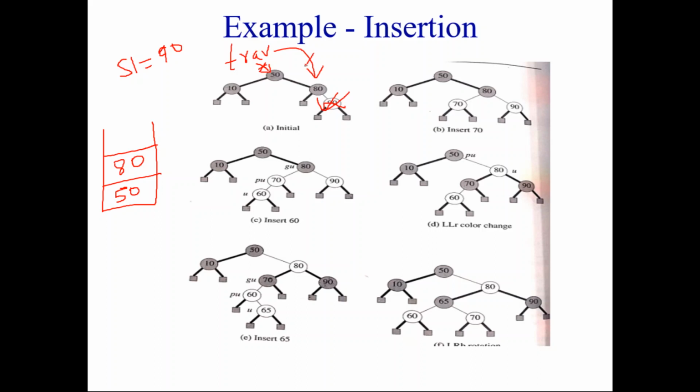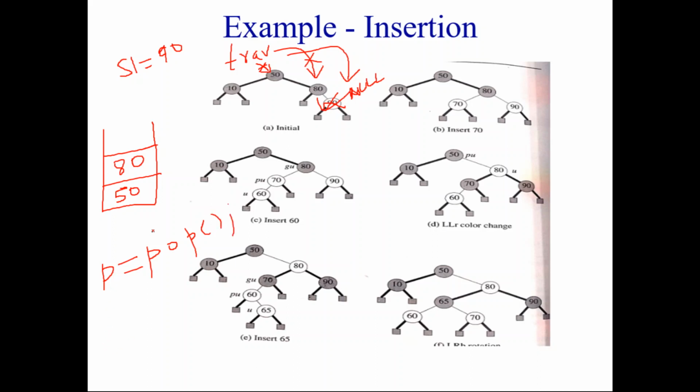But now traverse will become what? Null. But now traverse becomes null. The loop will continue as long as traverse is not null. So once traverse becomes null, then what you have to do, you have to pop. Now if you pop, you will get the parent of the new node. So you say p is equal to pop. If you pop, what node will you get? You will get a pointer to node 80. When you pop, you will get a pointer to node 80.